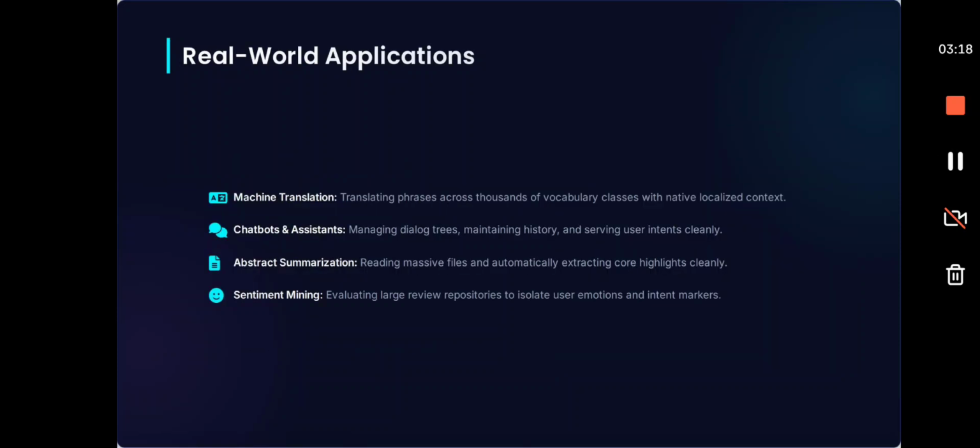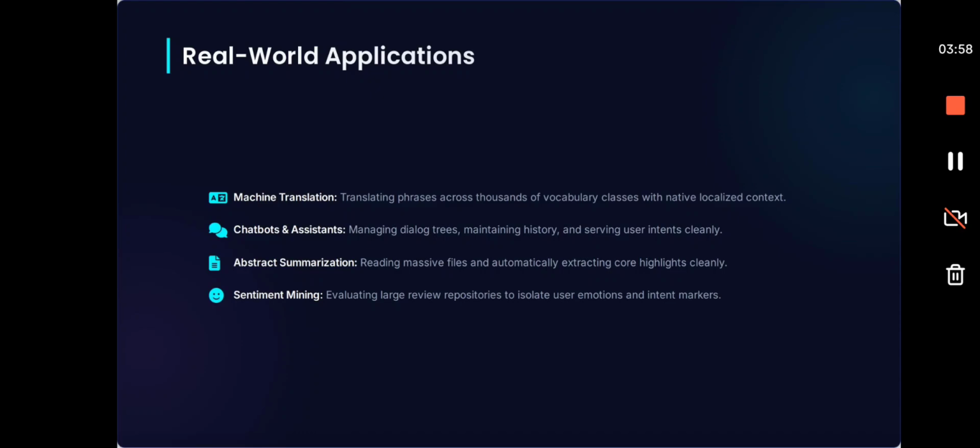Let us explore one of the most important innovations of modern NLP, the attention mechanism. This slide introduces the attention mechanism. Attention allows the model to focus on the most relevant words in the sentence while processing information. The concept of self-attention enables each word to understand its relationship with other words in the same sequence. This helps the model capture context more effectively, especially in long sentences. The attention mechanism forms the foundation of transformer models, which have revolutionized modern NLP.